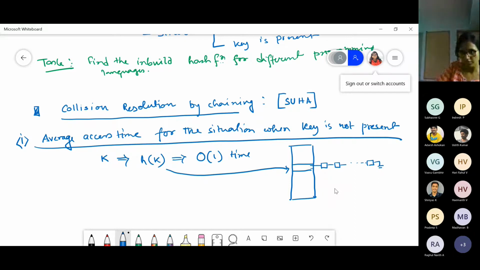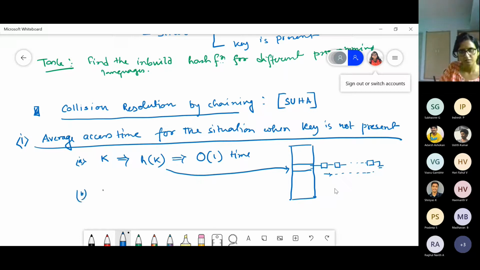I have to traverse through this chain, and as it is a linked list, there is no other option but to traverse each of these nodes individually or sequentially. So what is the average length of this chain?